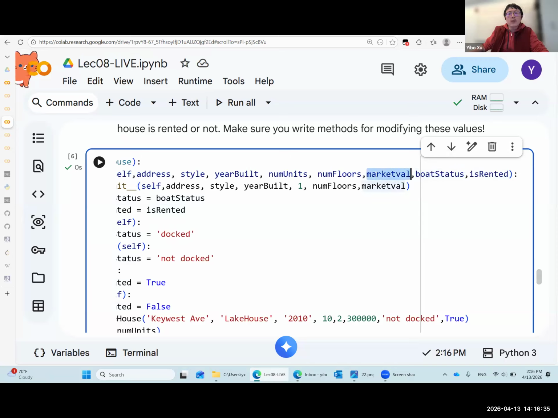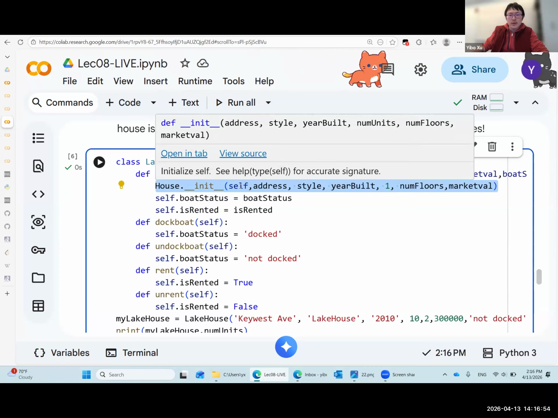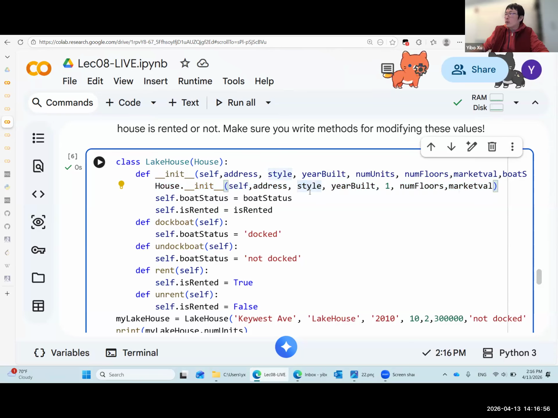So the market value was what we earlier added. The boat status is what we wanted to change to docked or undocked. And then the is rented is going to be true or false, right? But then everything else is inherited from house. So you just do house dot initialization so that all these old